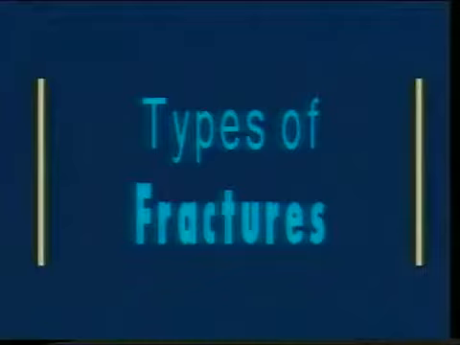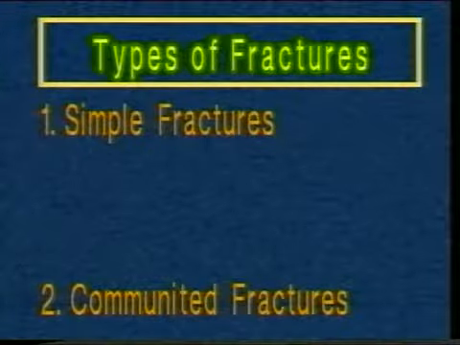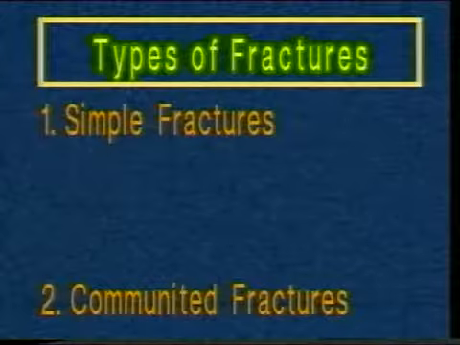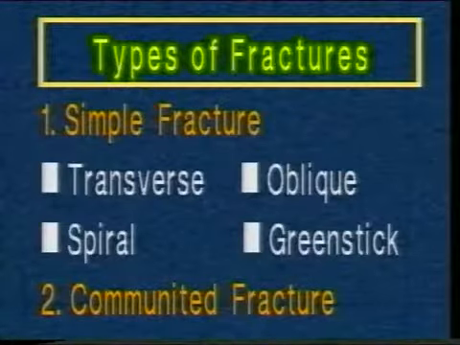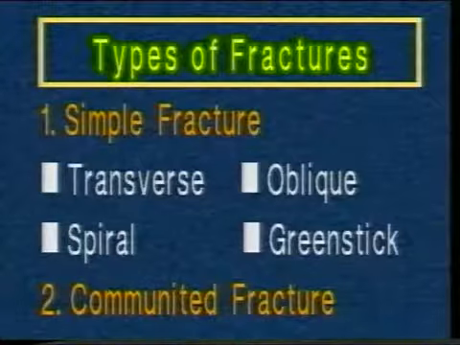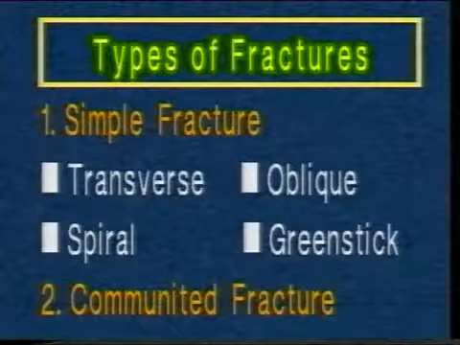Fractures. Fracture is a break in the continuity of a bone and usually follows a trauma. A fracture may be simple or comminuted. In simple fracture, the bone is broken into two pieces, while in comminuted fracture, the bone is broken in many pieces. A simple fracture may be transverse, oblique or spiral, and in children, only one side of the cortex may be fractured, like the green stem of a plant, termed as a green stick fracture.